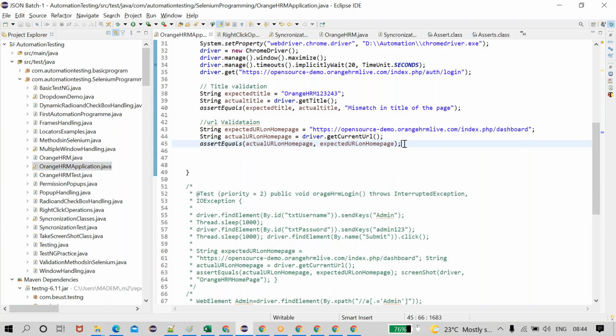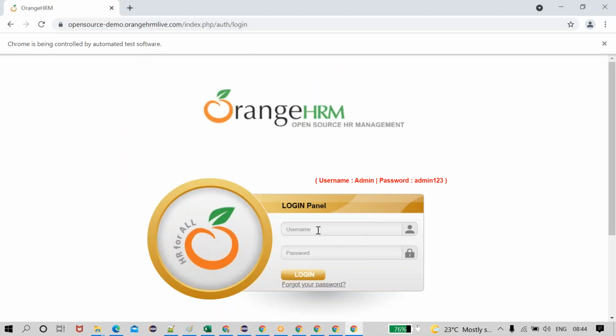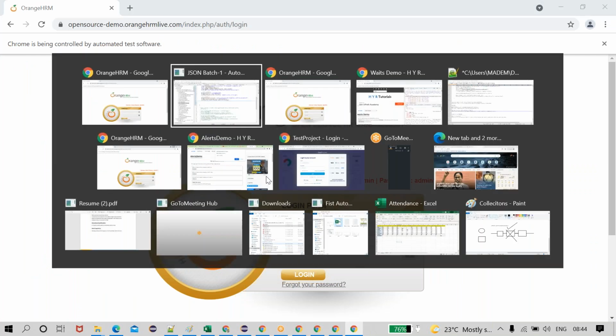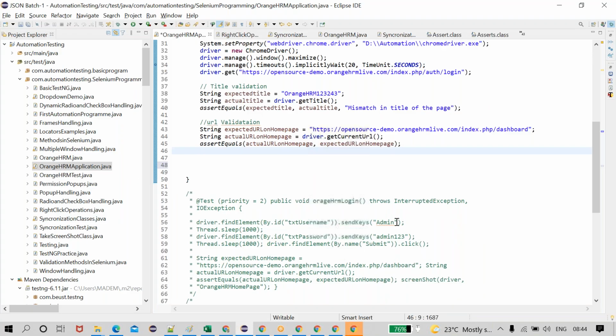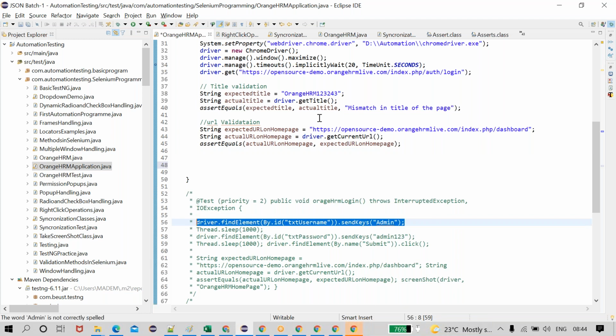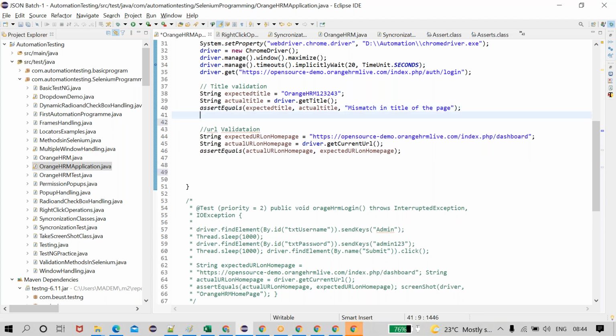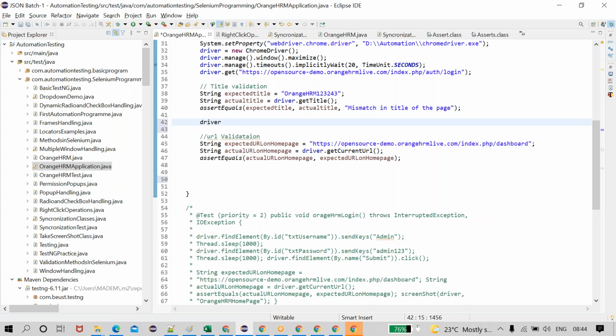See, for example, if I am trying to enter this text into the text box, it is also not able to perform. If I take this line of code and write it here, it is not able to find. After assertion validation, I want to enter the text into the text box. It is not able to enter. Observe carefully.